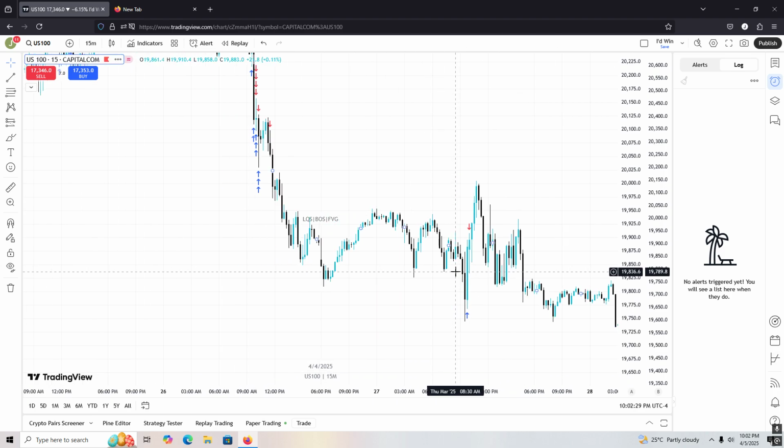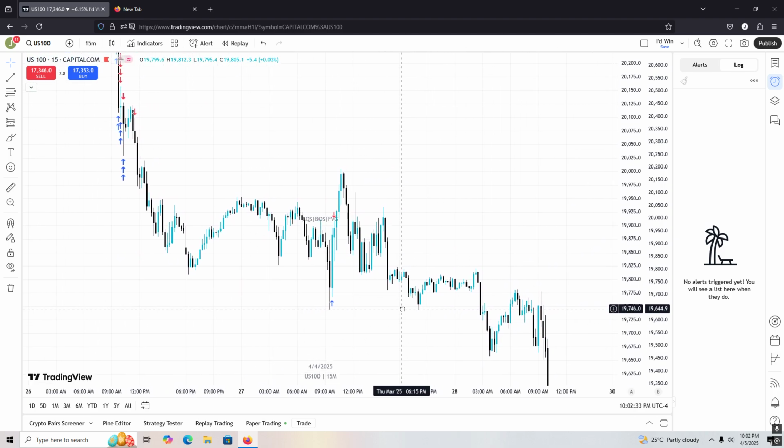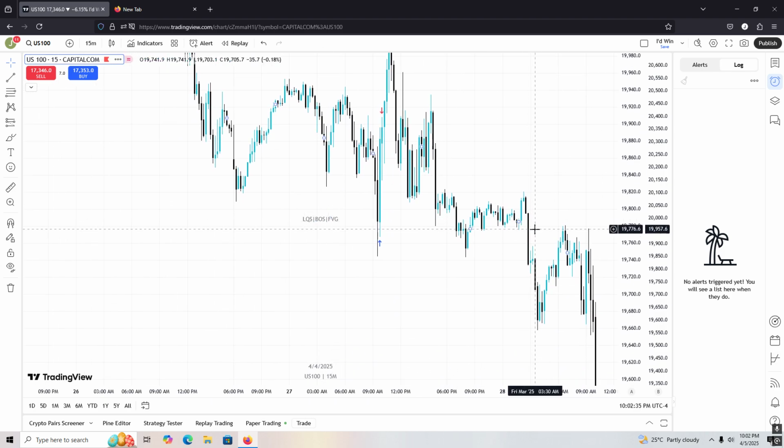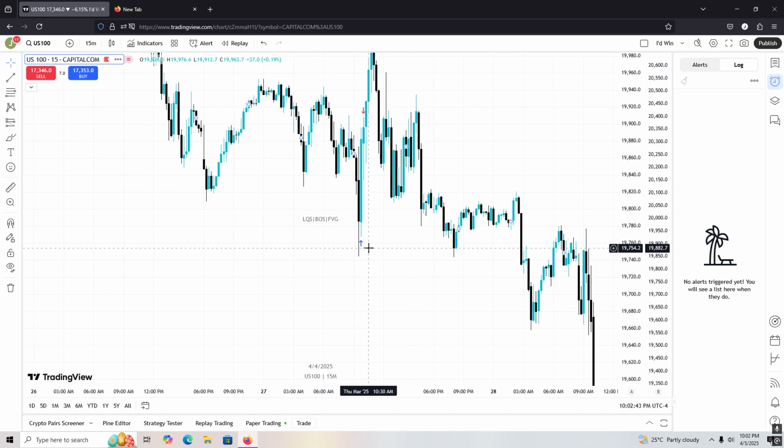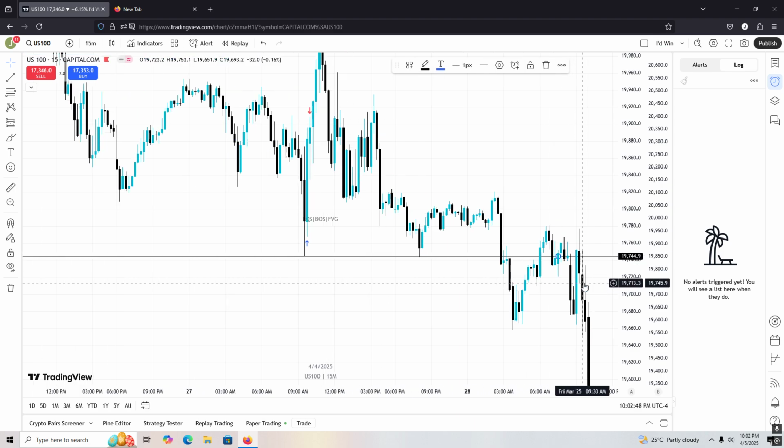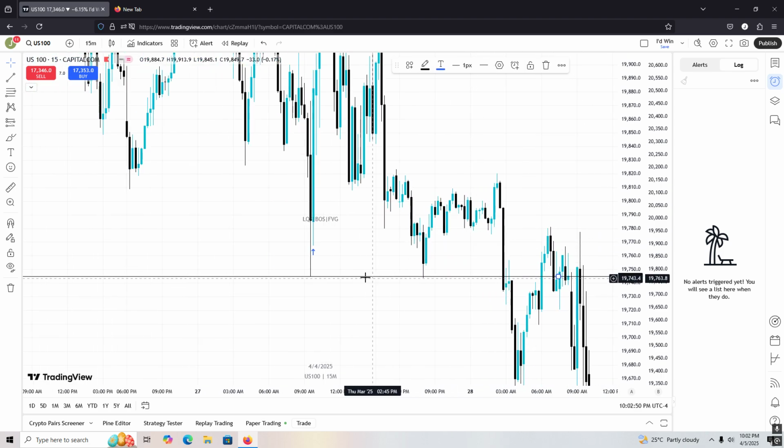Like this one. This is not a liquidity sweep. Yeah, so let me show this example too. Remember, as I say, it depends on the bias that you're using. If you're not using the correct bias, it wouldn't work. So like this. See this? What will happen? This is a low, right? This is a liquidity sweep. But did it go in a direction? Did it change to go in the next direction?